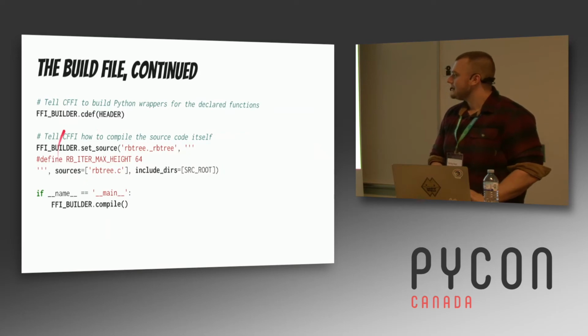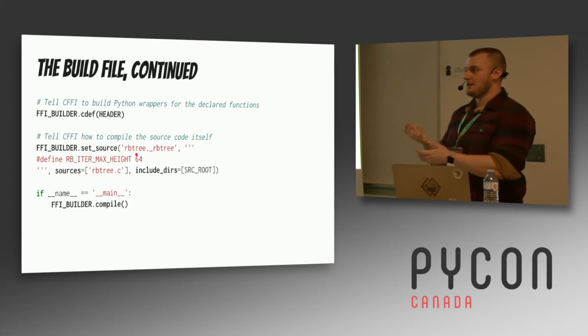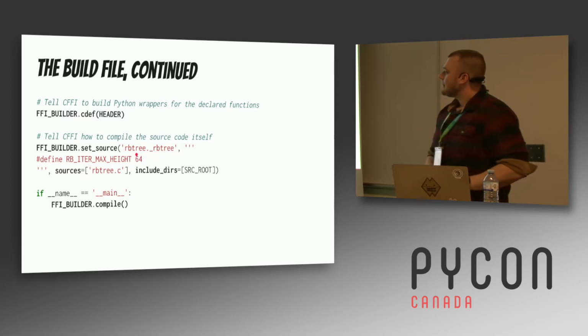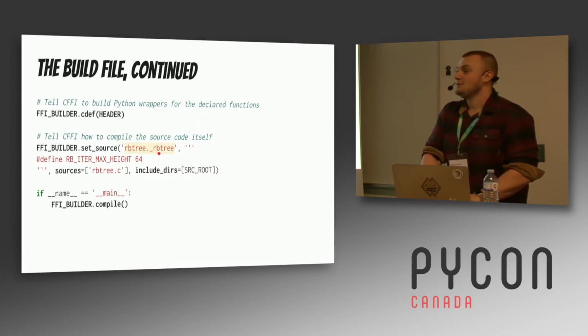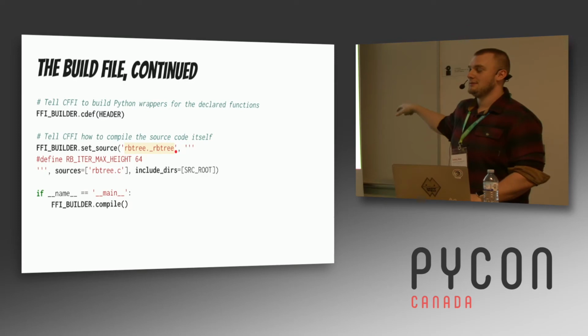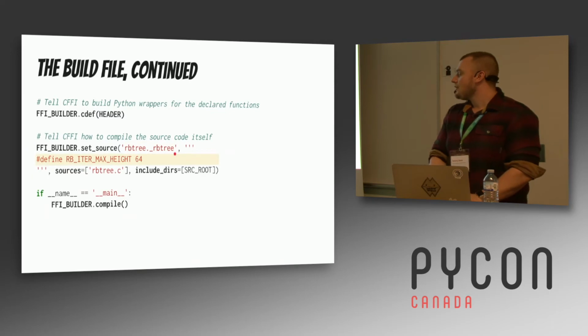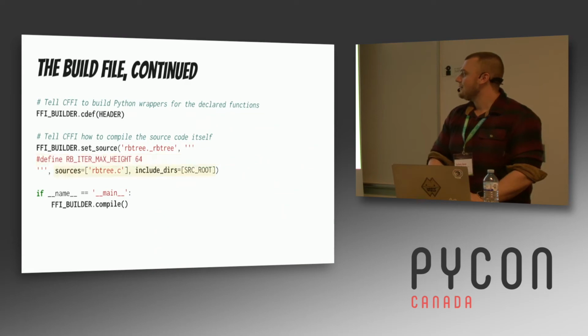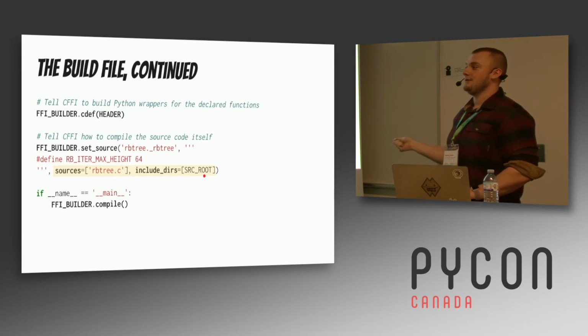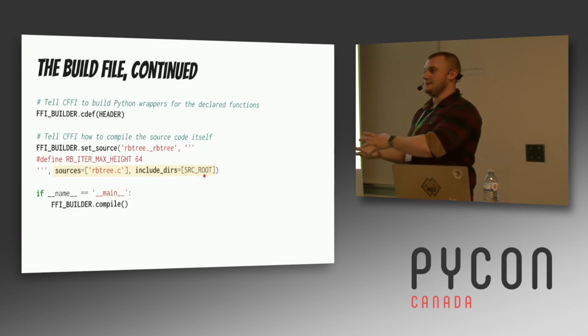And finally, there's this bit here, set_source, that defines the module we want to produce, the wrapped Python importable module. This string here is the name of the module, arbitrary._arbitrary, and we can actually do from arbitrary import _arbitrary, and that is going to be the module that it produces. You put in a string here that is arbitrary C source code, and then finally you provide these arguments, sources and include_dirs, that tell it you need to compile these C files to get all the definitions that you've just specified in the header.